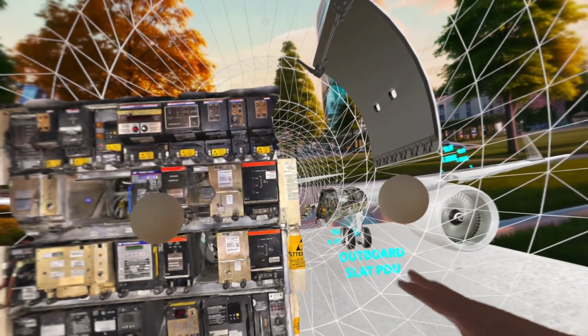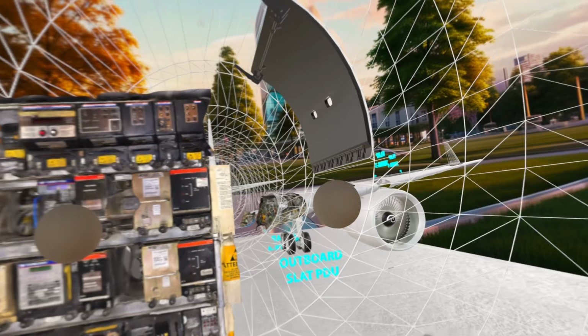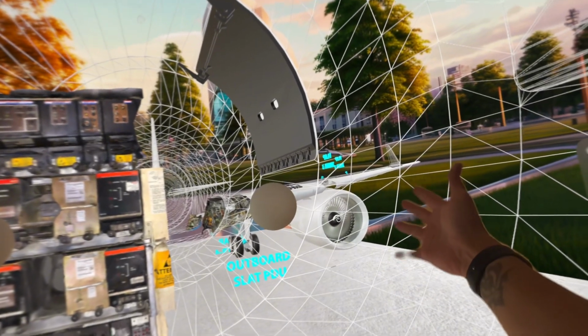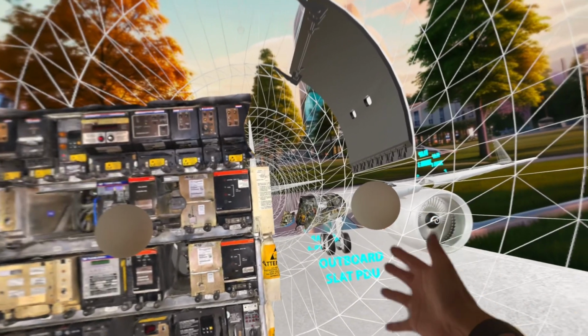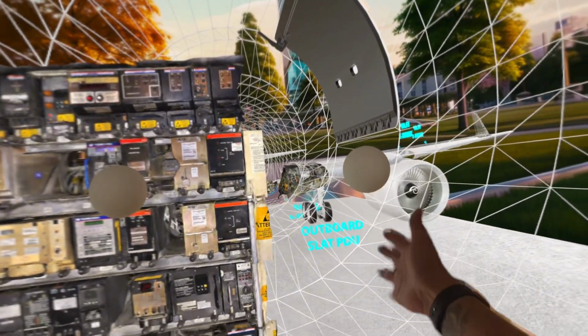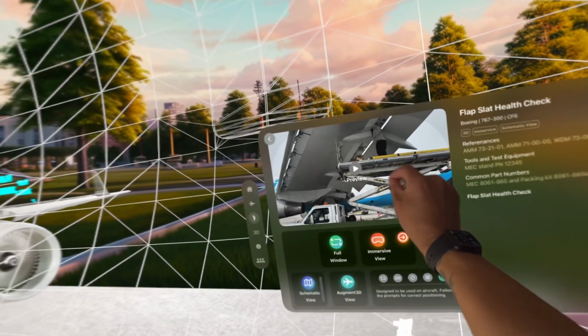But in this case, it's helpful to know, if you're training, if you're doing an FSCU check, what is it that you're actually looking at? So where are the slat PDUs? Where are the transmitters? Without the aircraft skin, it's helpful to see this is what you're doing, right? I can see exactly, well, the orb's in my way, but there's an arrow pointing at it. This is what you're doing when you do an FSU check. And so if we go ahead and click this video,